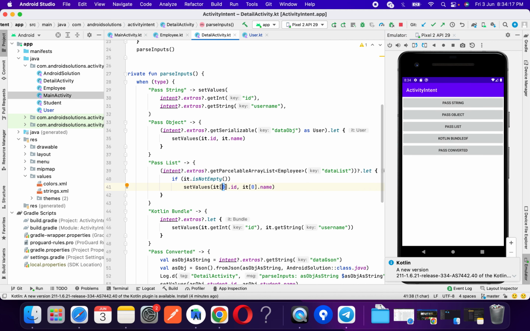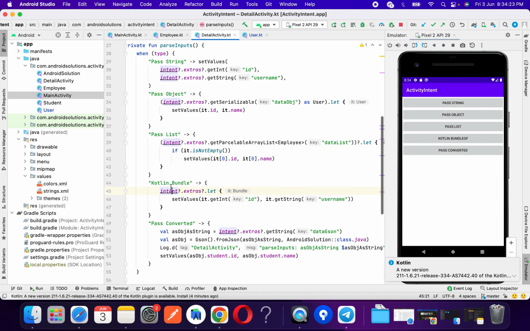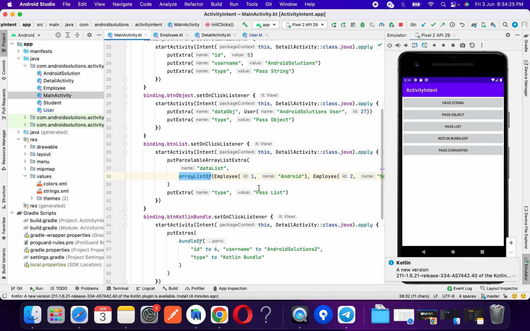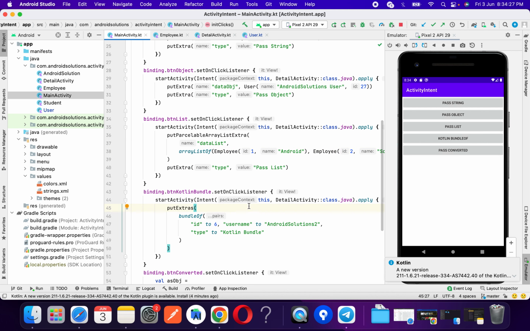So here you can see that I have retrieved the first index only. If we are just replacing with 1, it would print the second value. So, bundleOf. What it does is,